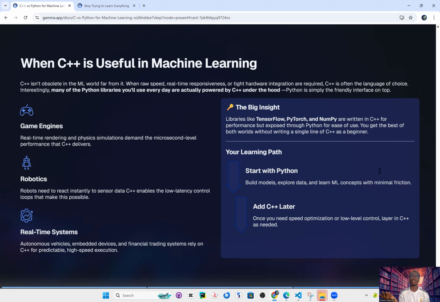I hope this makes a lot of sense, because so many people might say, oh, I want to go with C, or Python, or C++. I just hope this puts everything to bed, so that you have clarity on the particular language that you're going with. Like I said, Python gives you simplicity, but C++ offers you high performance and makes your machine learning journey outstanding.